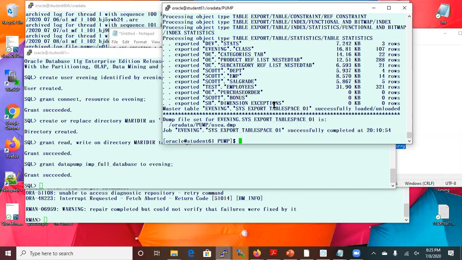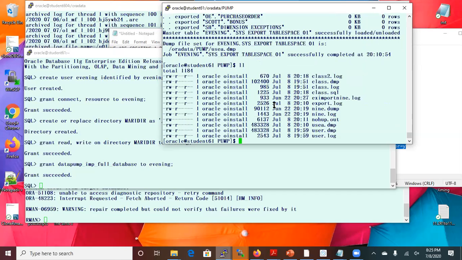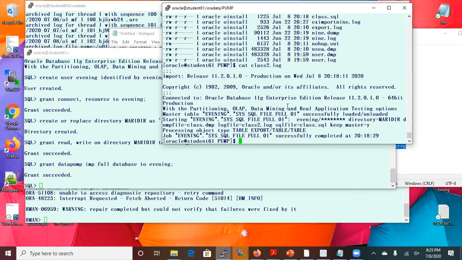But you're right. The name is evening.sys_export_tables_01. So let's get the exact name. That's exactly the name of the master table. So instead of tablespace, it should be table. Where is it? Class2.log. And you can get that information from